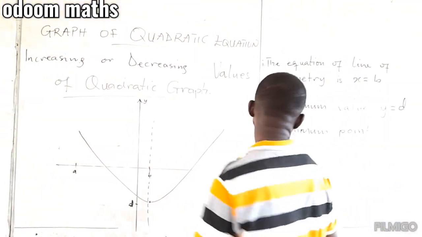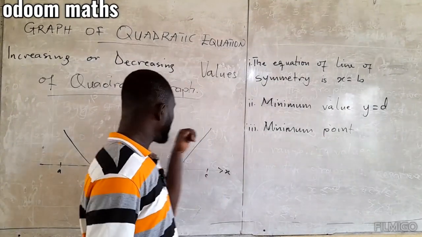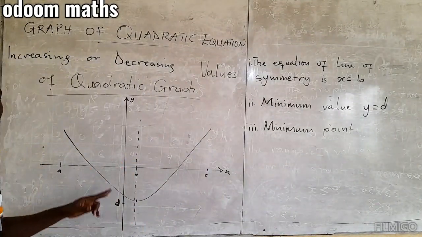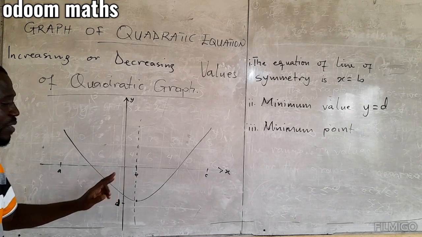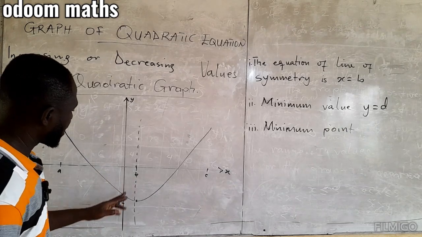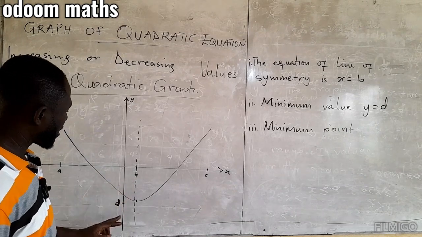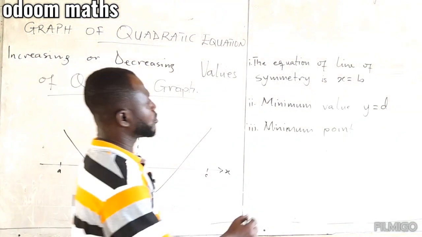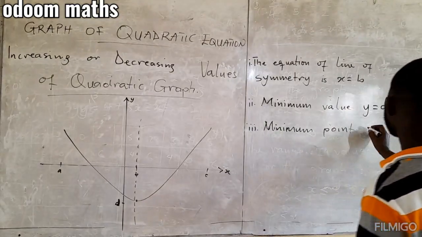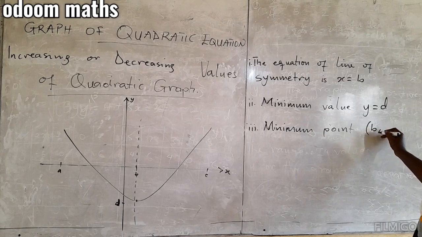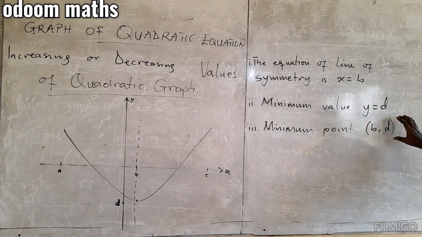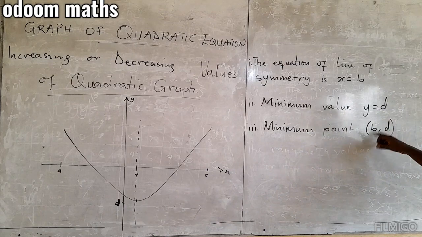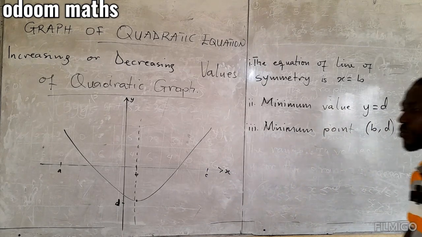Then let's look at the minimum point. For the points, I said earlier, we need that of the x component and the y component. So here the x component is b and then the y component is d. So the minimum point is in brackets (b, d). Please make sure this, especially this one, is written in brackets. Okay. So let's look at